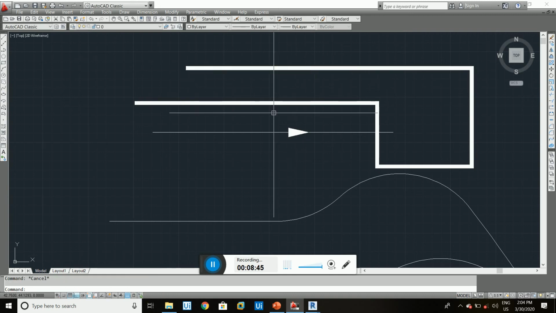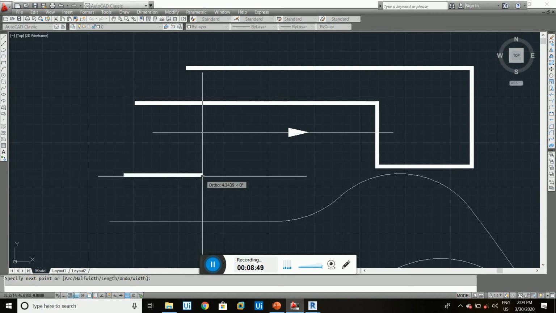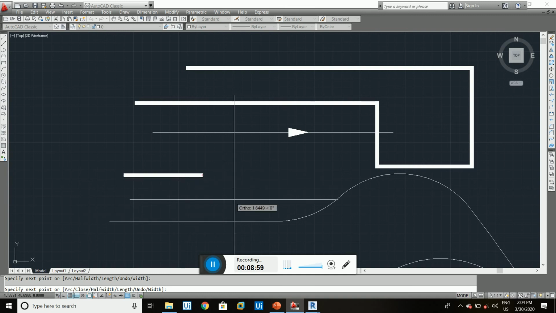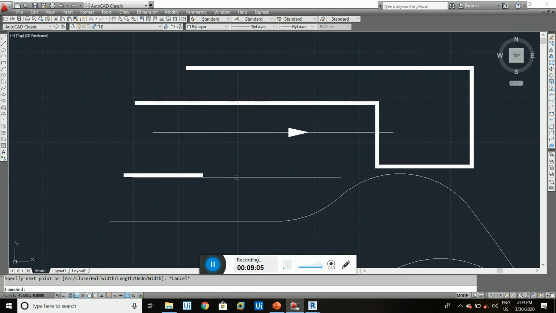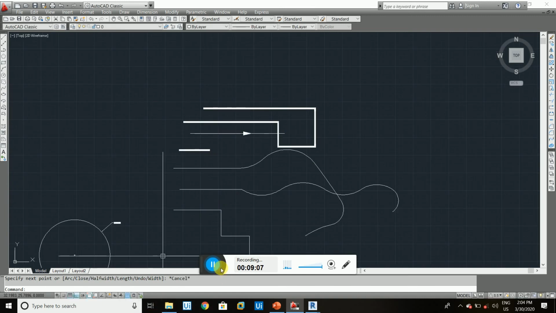So guys, you should check the polyline. There are some other commands you can check in polyline, like close, half width, where half width is the same as width, length, undo, or something like that. So you will test it out and experiment with this command. It's a very useful command for the designing part, so you can use it. My next command, guys, is